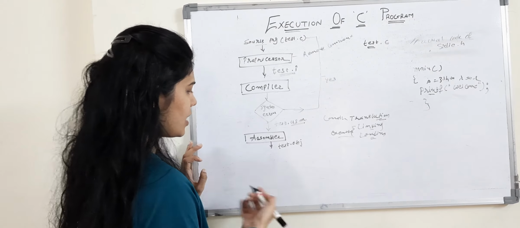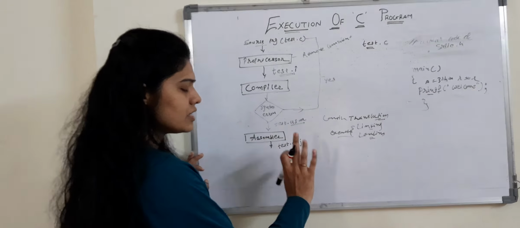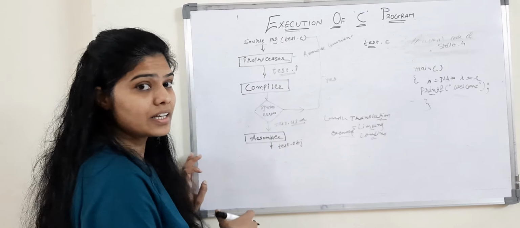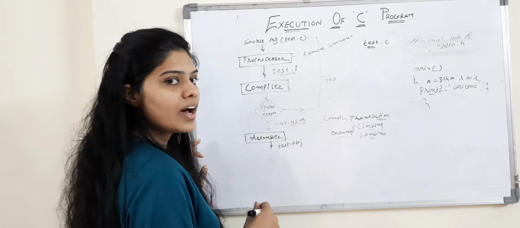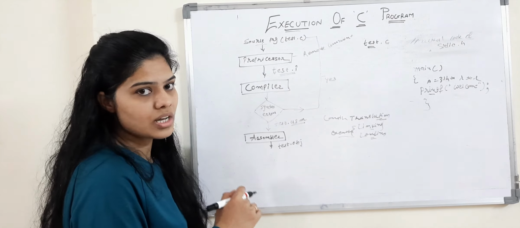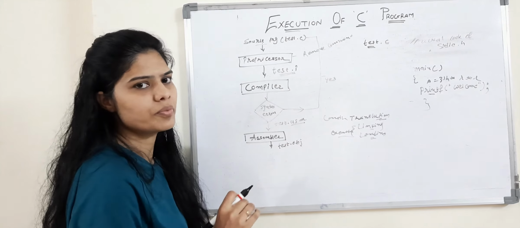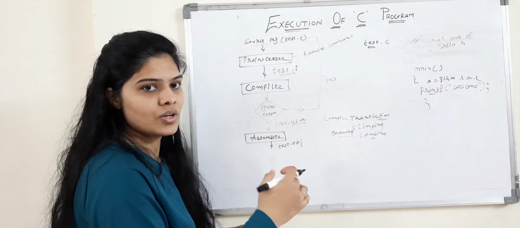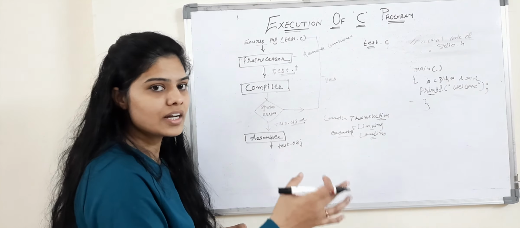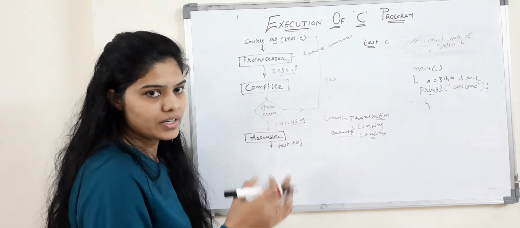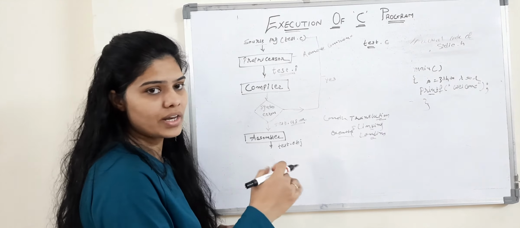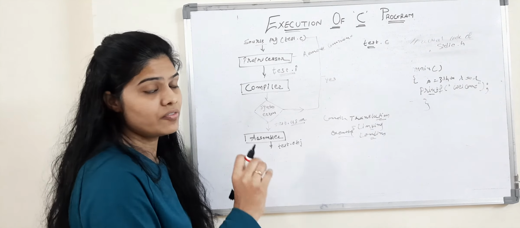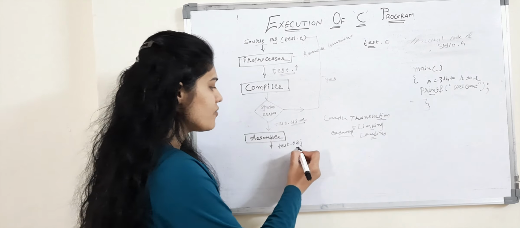Now let us discuss how linking is done. Once we generate this object file, it comes with the linker. Consider I have a code of 10,000 lines. Rather than writing that program in a single file, if I write it into multiple modules in different files, then it becomes very easy for us to understand it, because 10,000 lines is a very big program. After writing it into different modules in different files, we will generate different object files.